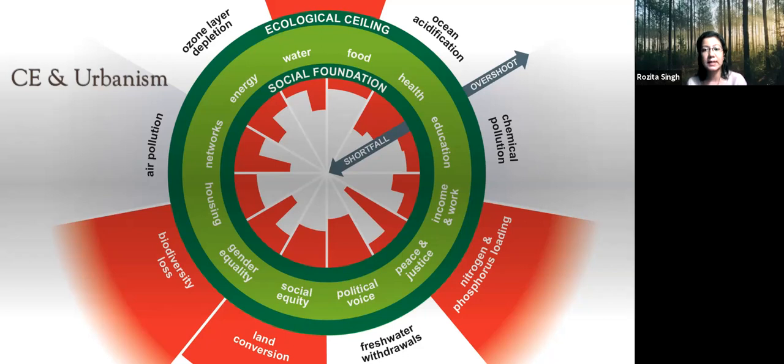In addition to this, there are the 12 social foundations. These are education, health, gender equality. So like a donut has a sweet spot, this framework also has a sweet spot. Because when you use this principle, the city is basically calculating the current impact of the city on both these environmental and social parameters. And to be in a safe space, they need to find the sweet spot, which is environmentally safe and socially